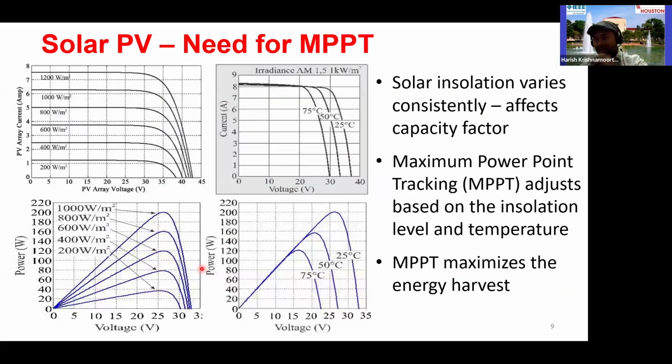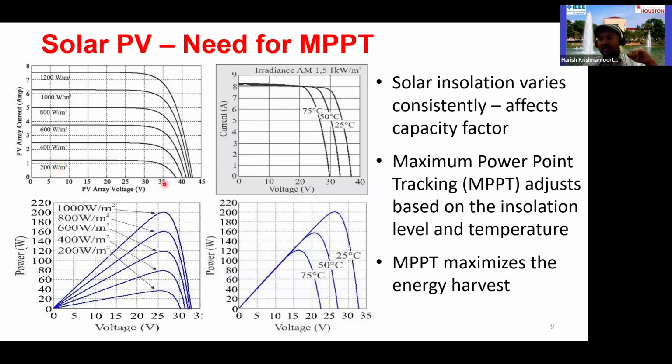This is an interesting graph. I just put it in to explain how the solar PV systems work, right? So solar panels can be modeled, in electrical terms, as current sources. What that means is, depending on the net irradiance that is falling on the solar panels, the higher it is, that leads to a higher current that can be generated. Basically, solar panels work on the principle of the photoelectric effect, which Albert Einstein received his Nobel Prize for. So with that photoelectric effect, the higher the solar insolation falling on a panel, the higher will be the current.